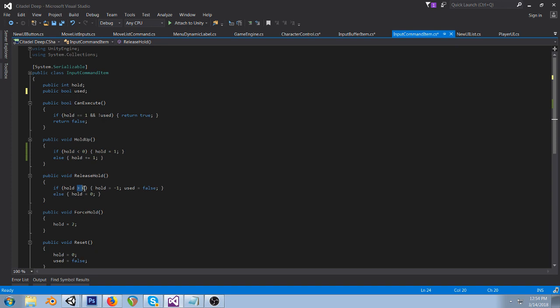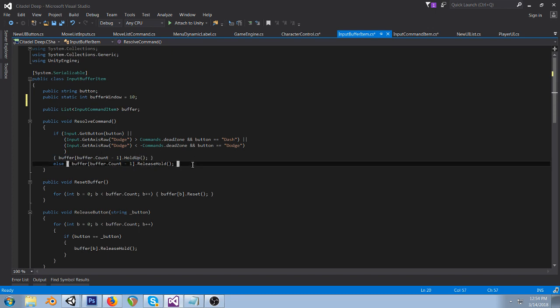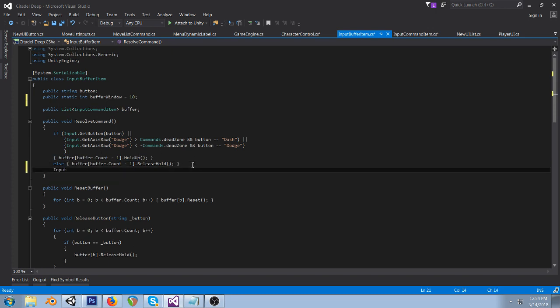So if hold is greater than 0, whoops, looking at the wrong one. If hold is less than 0, hold equals 1. This is just in case, through incredible dexterity, I released and pressed it again on the next frame, so that I would actually get 1 and not 0. Because if we're holding the button, hold plus equals 1, right? And you'll notice we're not doing anything like get input, get axis raw, or hold on, get button up or get button down,